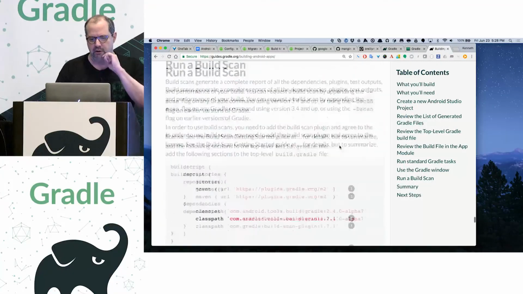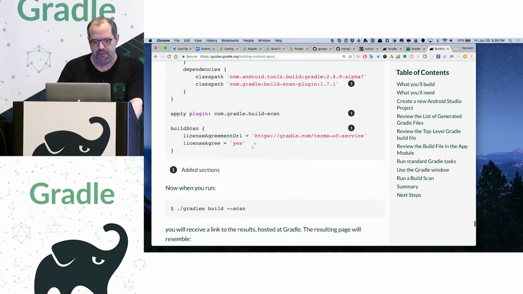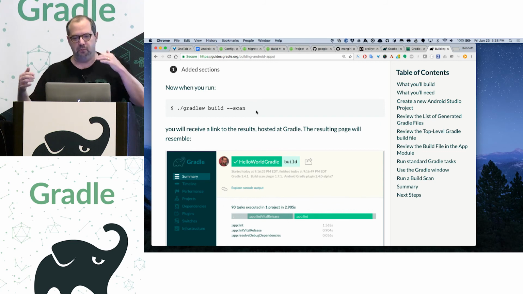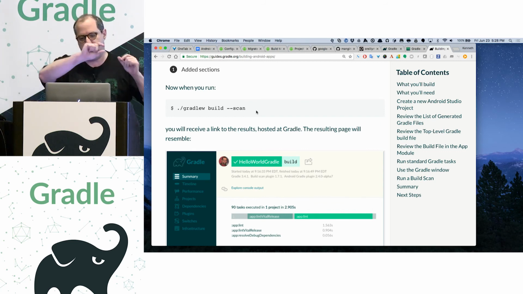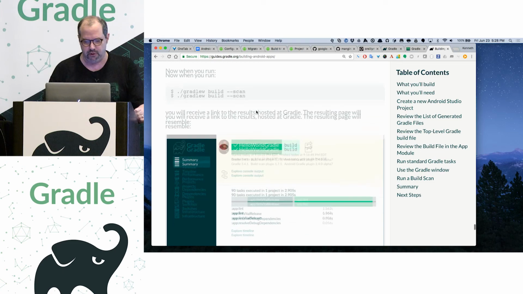This is one of our Gradle guides that we put together, and I want to show you. There's the mechanism, and here's the class path. And then there's the license agreement, and all you do is use the --scan option on there. Now, when you do that the first time, it's going to forward you to a website where you put in an email address so that you can then get the scan itself. I've done this before, and therefore I can just click on the link and go to it, and you get